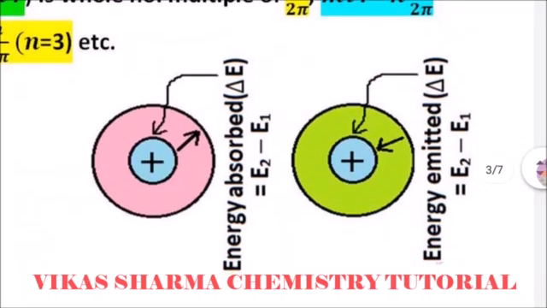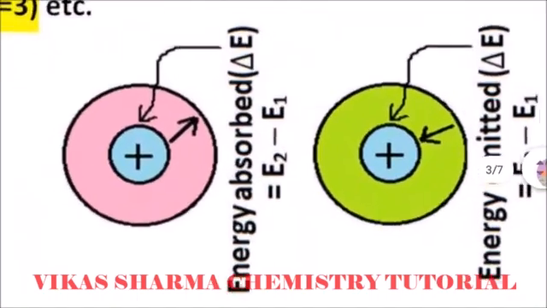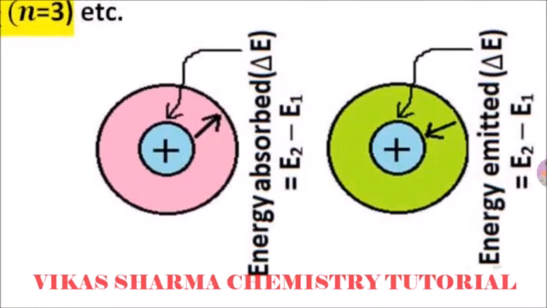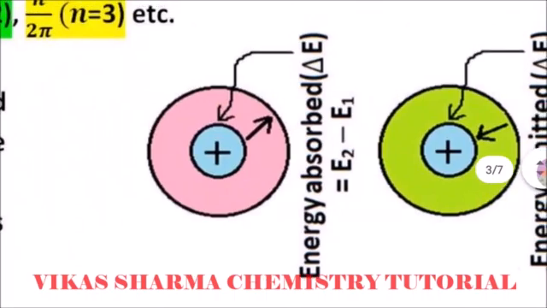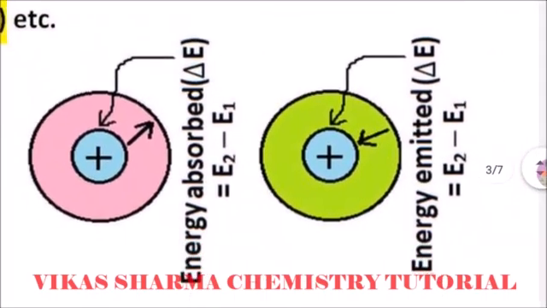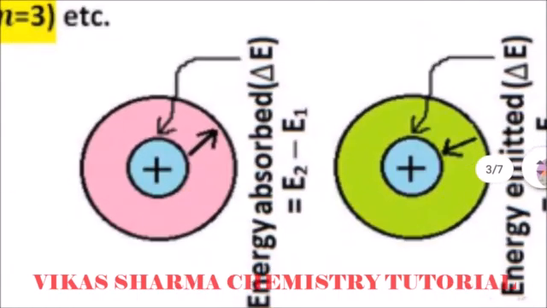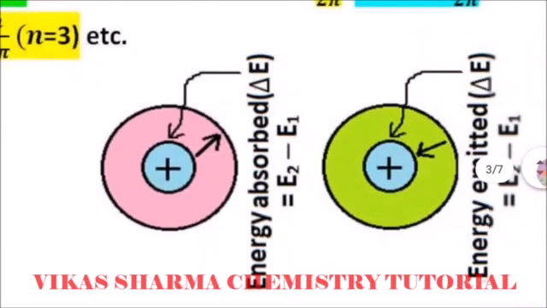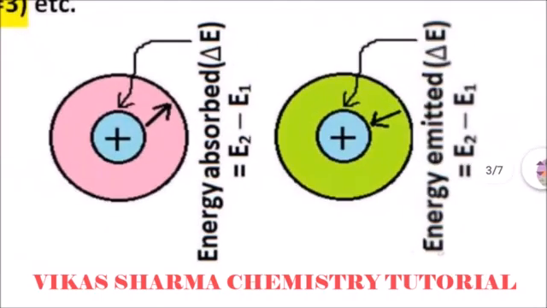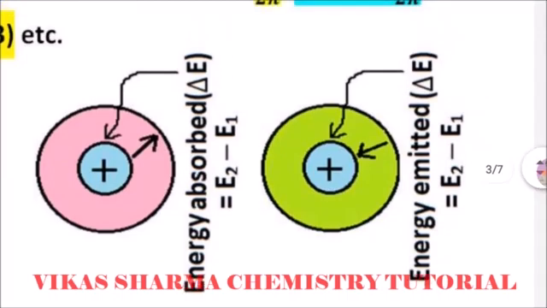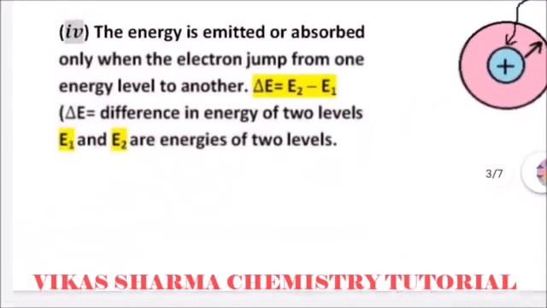When electrons go from a lower level to a higher level, they absorb energy, and when they come from a higher level to a lower level, they emit energy. So the difference between the energies is the energy of the electron emitted and absorbed. When the electron near the nucleus goes to a higher level, it absorbs energy. When the electron comes from a higher level to a lower level, nearer the nucleus, it emits the energy. So that is the concept.